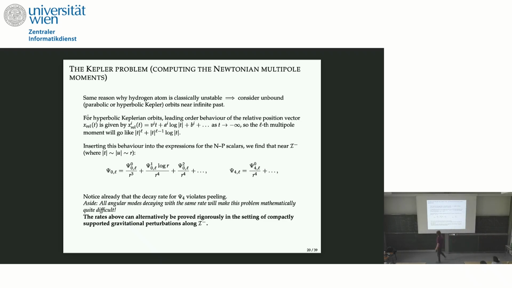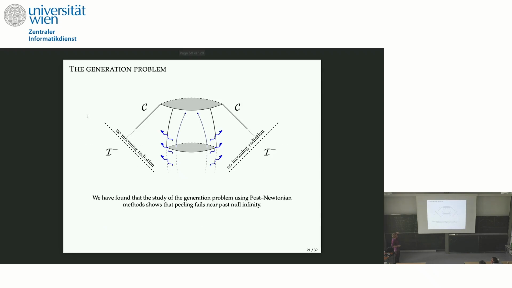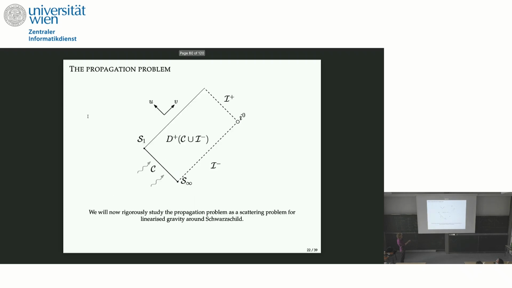The point I want to make is that if you don't like this heuristic part, you can replace this whole picture of n infalling masses by n infalling gravitational perturbations, and then it's rigorous. But I'm not explaining that now. So I've talked about this generation problem, and now I know what psi at naught and psi4 decay like on these null cones. Now I use that as an initial data assumption here, together with assuming no incoming radiation here, to just solve what will happen towards future null infinity.